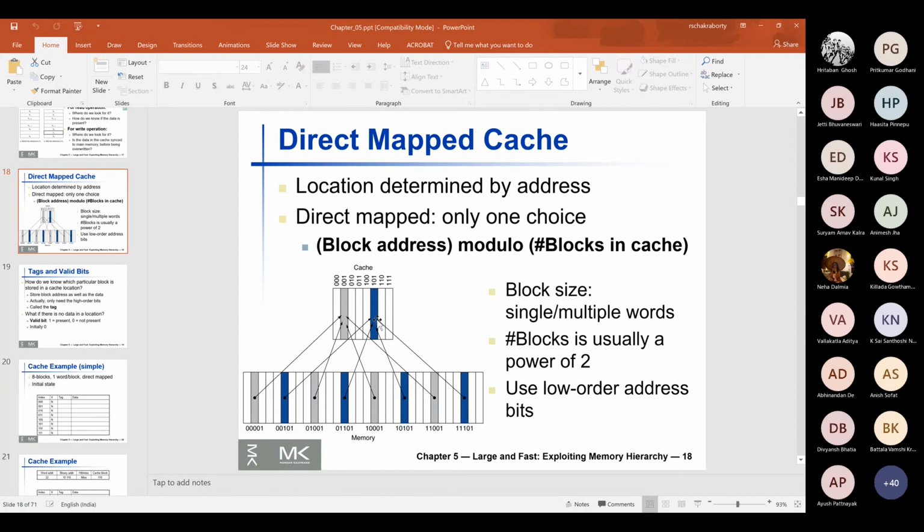So you look at that block before evicting it. Is it dirty? Can I directly take 01101 and push it to the cache? That will overwrite the content. Before such overwriting, you check whether it is dirty or not. If it is dirty, you synchronize this with 00101. So now cache and memory are synchronized. And now you say, okay, fine, I have synchronized my cache block with the one in memory. Now I can overwrite it with 01101 and bring it to the cache.